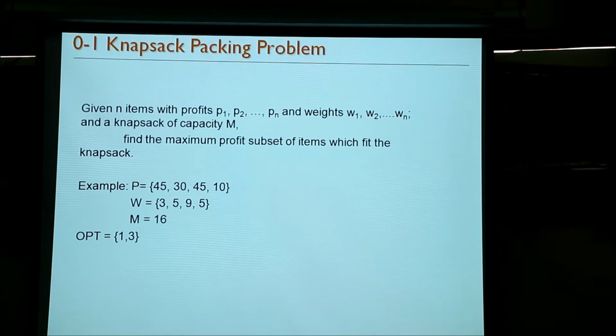We sort the numbers in the ratio of Pi to Wi. And in the fractional knapsack problem, we will just pick the first few elements, and maybe some fraction of Pj to Wj, so that the weights exactly fit the knapsack capacity.